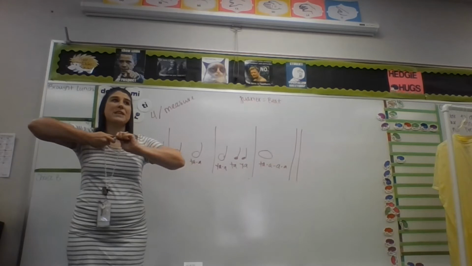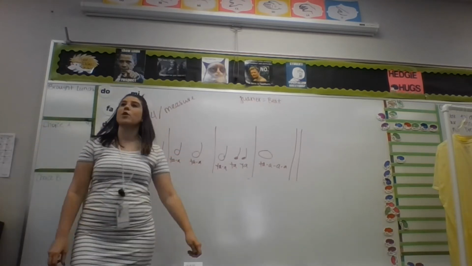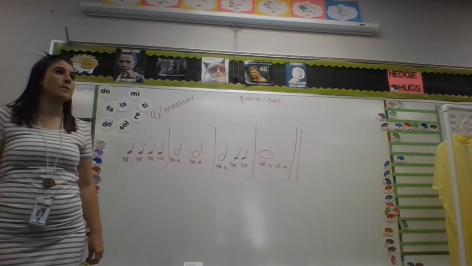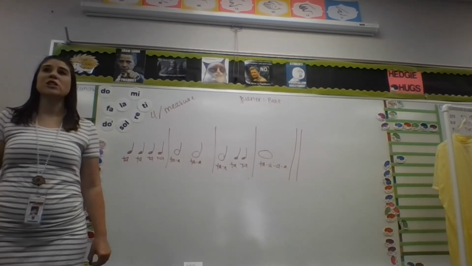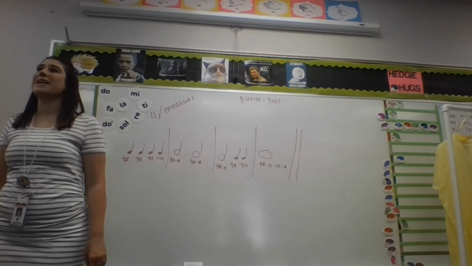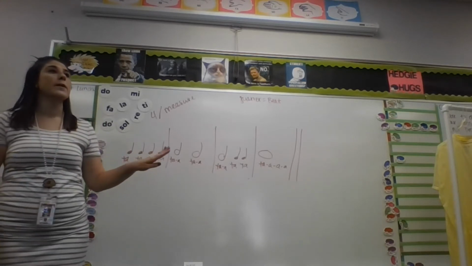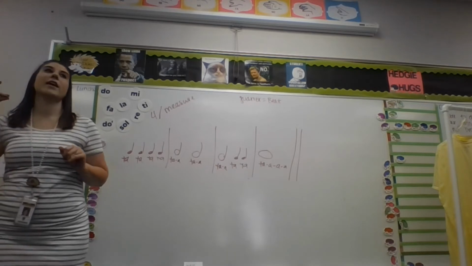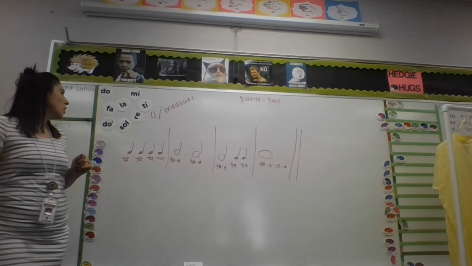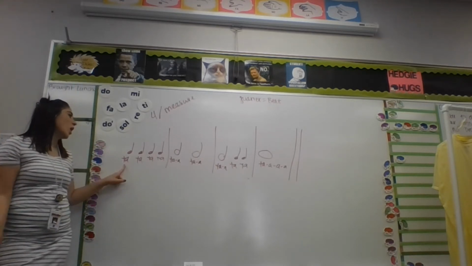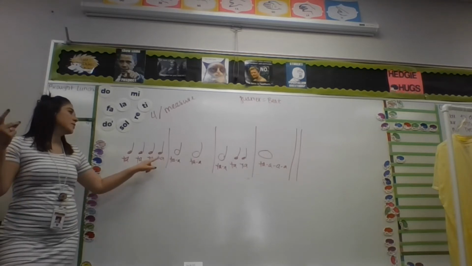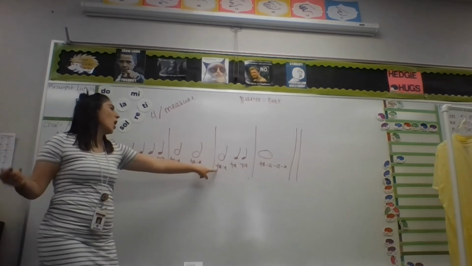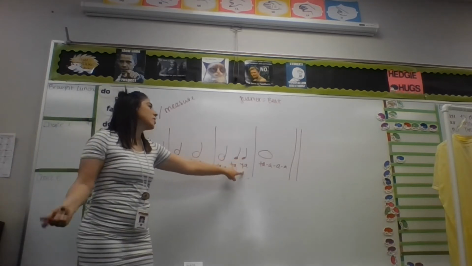We're going to clap this together. I'm going to give you a 1, 2, ready, go. Remember that 1, 2, ready, go. Gentlemen, be quiet. That 1, 2, ready, go is the same speed that I want you to clap. Don't speed up. Don't slow down. That's your steady beat. You got it? Okay, get ready to clap. 1, 2, ready, go. Ta, ta, ta, ta, ta, ta, ta, ta,